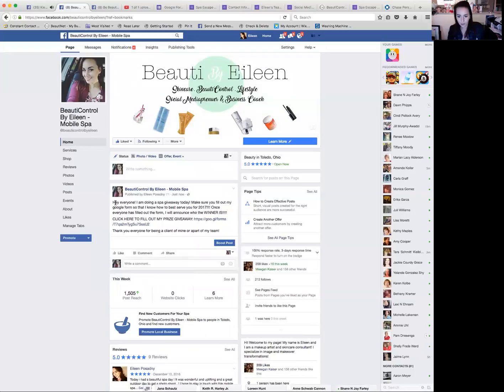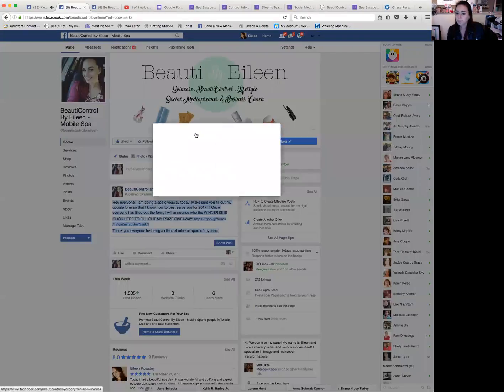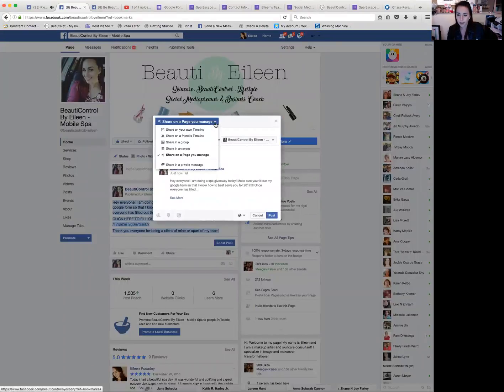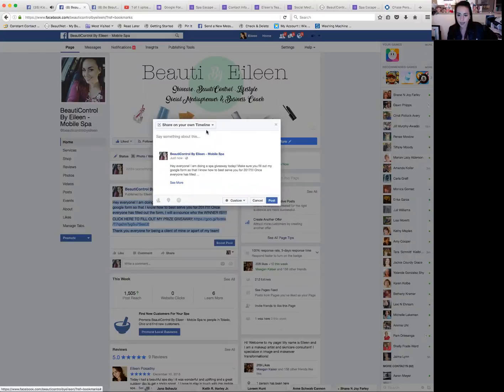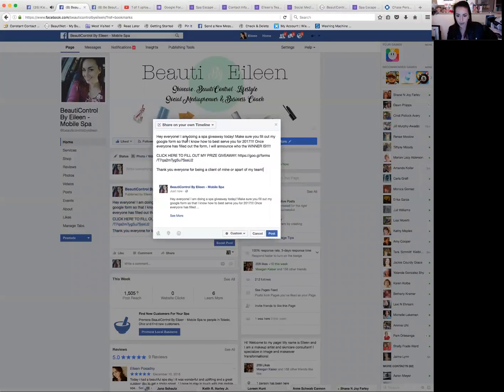Copy. So share. I don't want to share on my same page. I want to share this on my timeline and I'm going to paste and I'm going to post. And that's going to go straight to my personal newsfeed. And they are also going to get to see the exact same wording and verbiage.